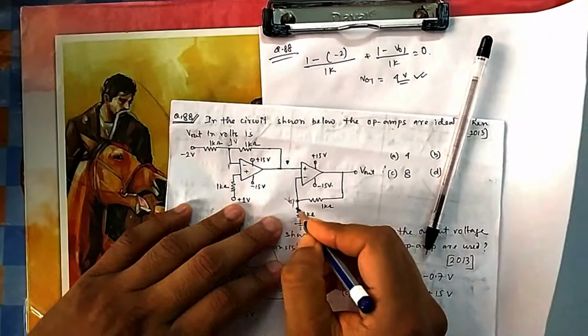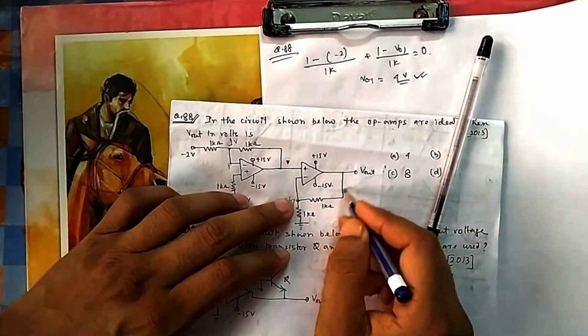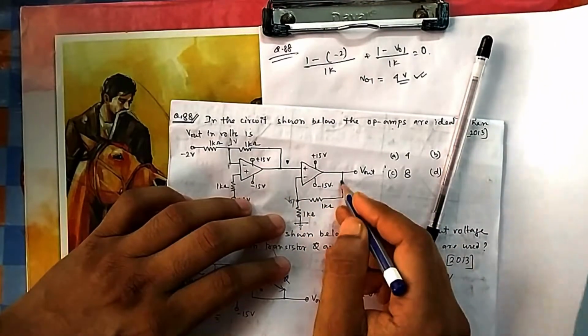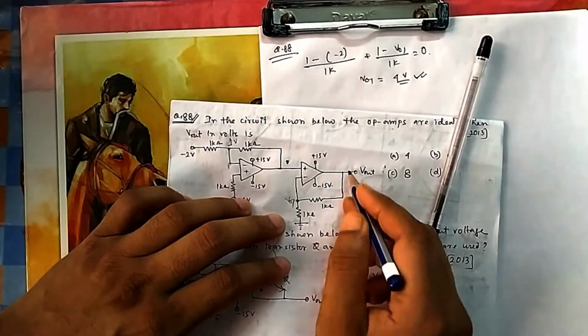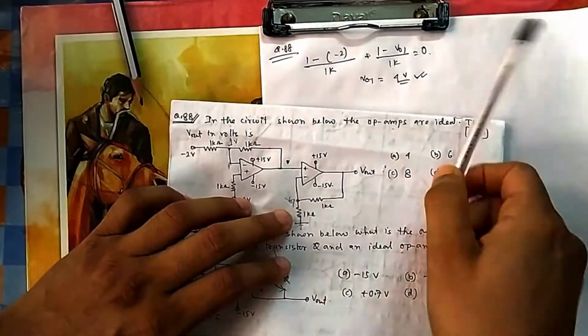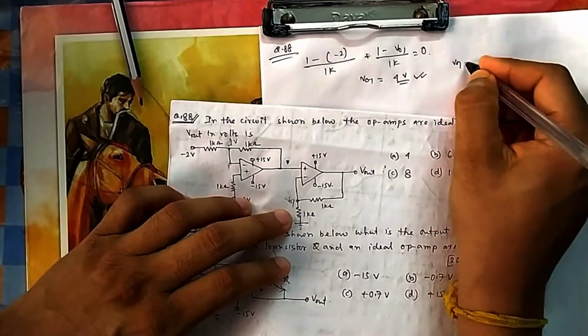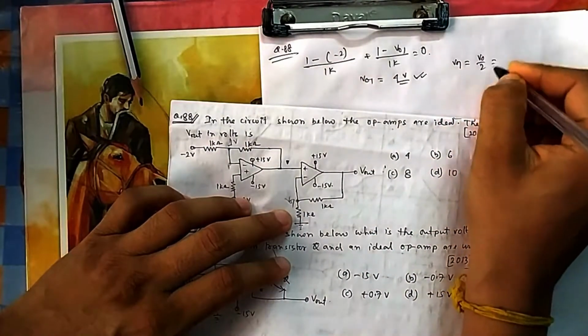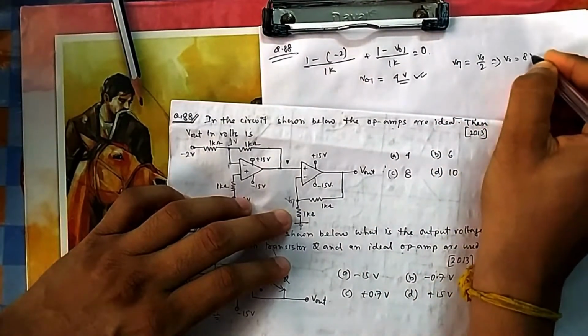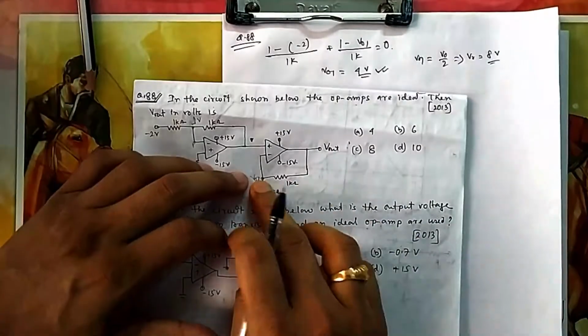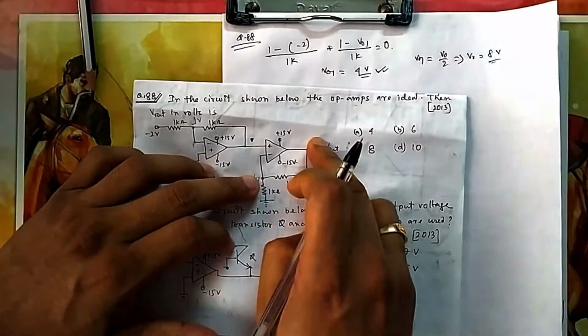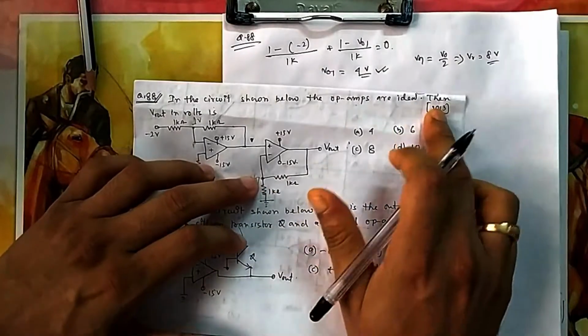Now you can see also, because this is V01 and this is just half, V out by 2. You can see it is voltage division, this by this. This is a circuit. So V1 is half of this one. You can directly do, or you can apply nodal also, or you can directly write V01 equal to V out by 2. That means your V out will be equal to 8. Suppose you are not getting this one, so you apply nodal. So this minus 0 by this minus this by 1k. Then you will find it is just half.